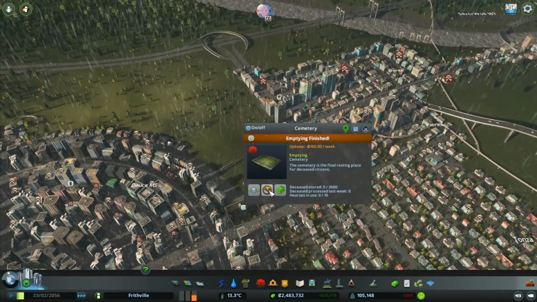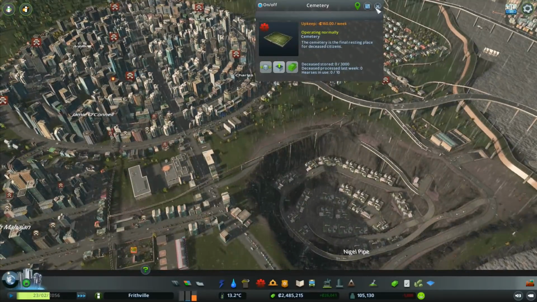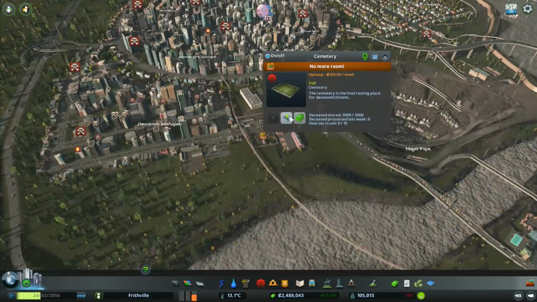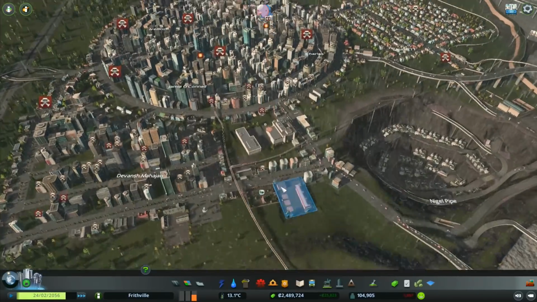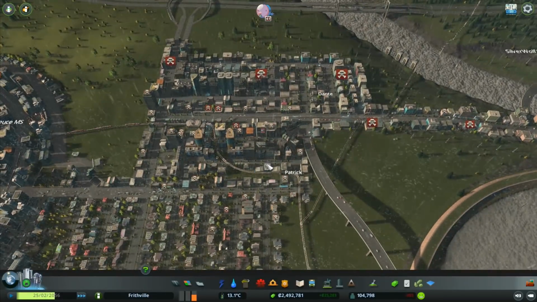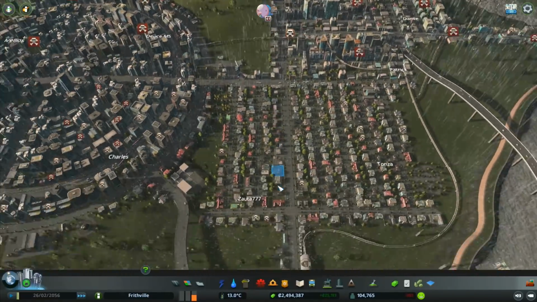Oh, hang on, that one's empty. So we'll take that one off of emptying, and they can carry on taking some of the bodies. That one is going to need to be emptied. Have I got any more? I think that's about it for cemeteries. Anyway, I want to put a...